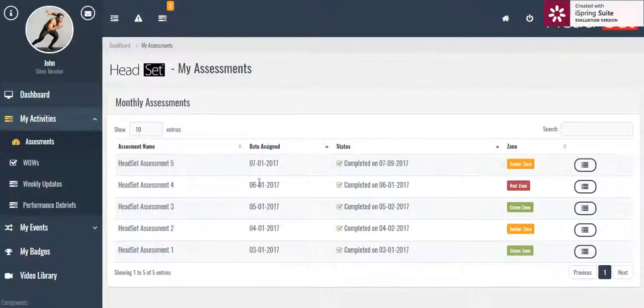Because once we have those items and how you then responded to them, once you are done, a report will come to you. The report will put you in one of three zones. The green zone, which means that you're doing well in comparison to others for your mental skills currently for that